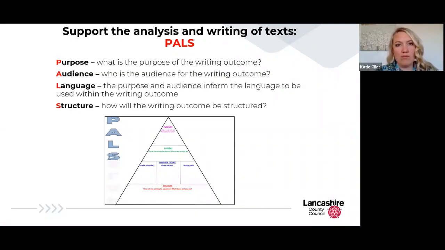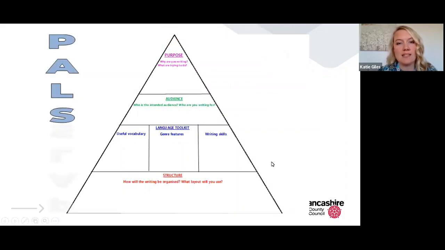So a resource that you might find really useful to use with your class when analysing and writing text is an English team resource known as the PALS grid or PALS pyramid. PALS being an acronym for Purpose, Audience, Language and Structure. If we have a look at the PALS grid here, you can see that this can be used for both analysing text and for children before they write a text. This can be enlarged to A3. You can have them laminated so children can annotate and teachers can annotate upon them. You can have them printed out for children to pop in their books.